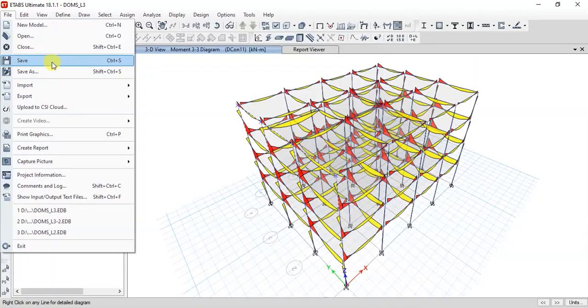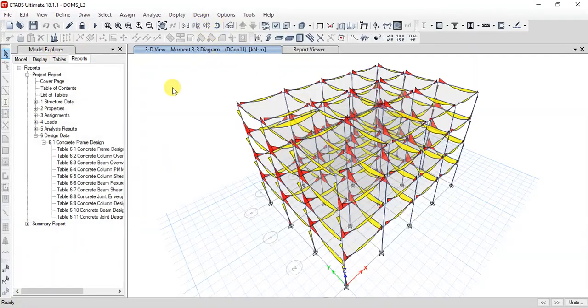So you can look for other properties. You can check the other beams and change the properties. To change the property again, you need to uncheck this, assign the required properties again, and then run the analysis again.